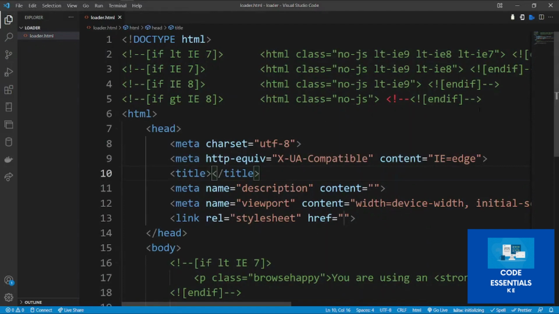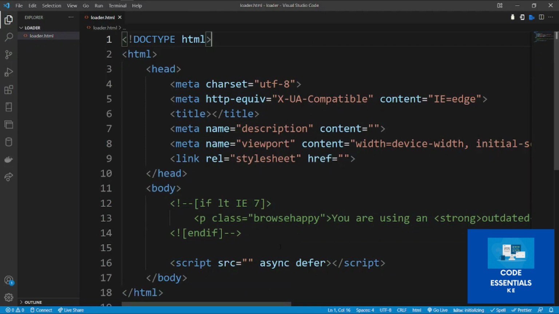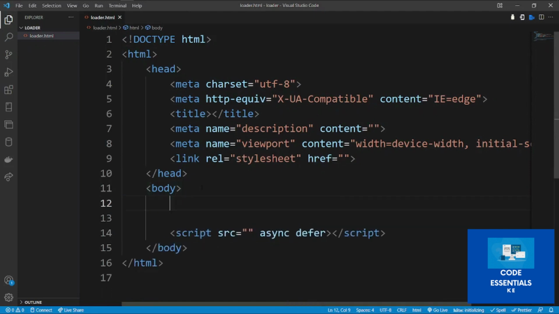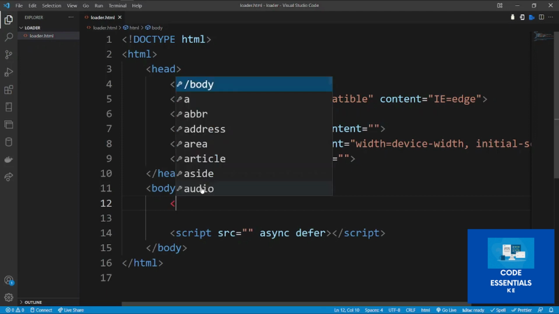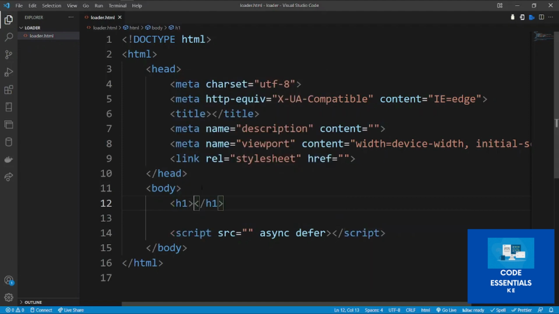Then I'm going to delete this dummy code. Then I'm also going to delete this, that way. Now in my body section, I'm going to write an H1. So H1, and then I'm going to say this is a loader,